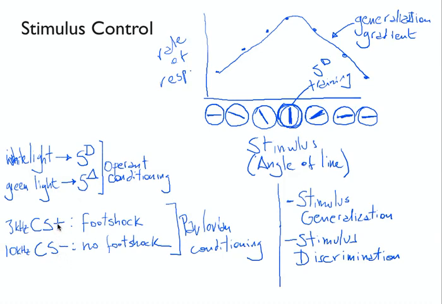And the same thing in the Pavlovian conditioned example. If the animal could not distinguish, let's say the animal was deaf, it could not distinguish between a 3 kilohertz or a 10 kilohertz tone, then it will freeze or behave exactly the same to a CS plus and a CS minus. It will not demonstrate any stimulus discrimination. Right?